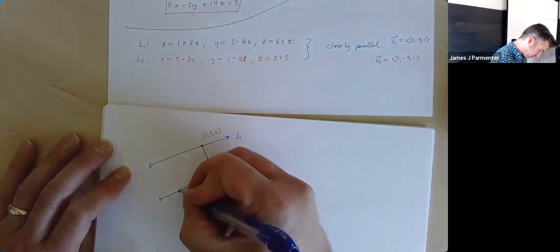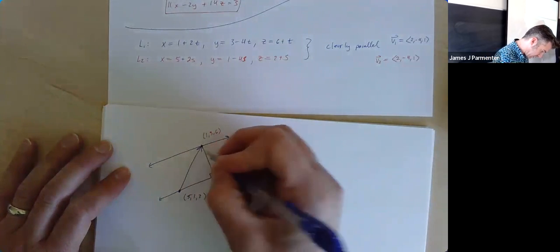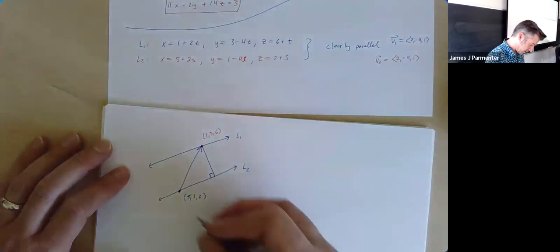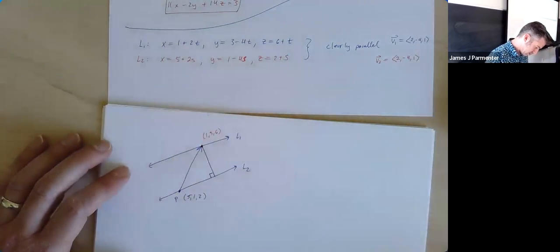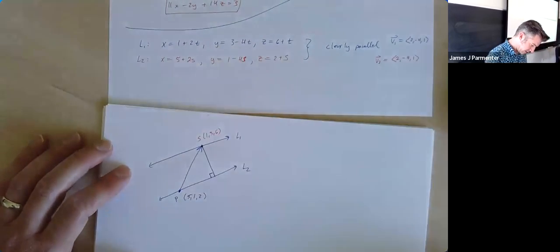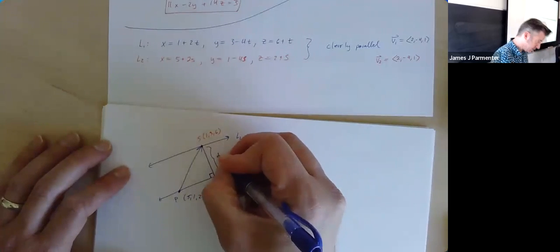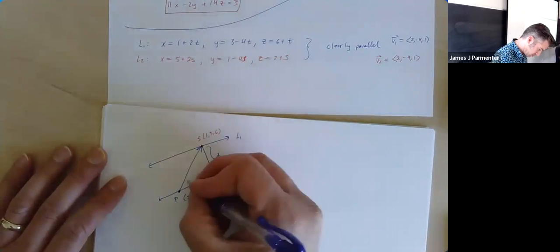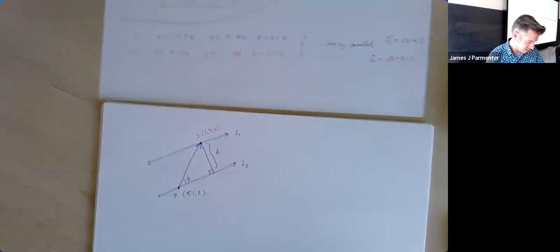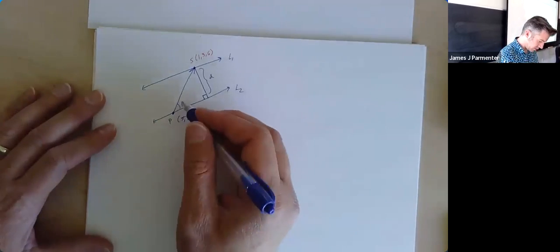And so I'm going to, again, draw this vector here. And then I'm going to call this P, this S. I'm trying to find this distance D. It's going to be a cross product situation. So let's see what happens. So we're going to say that